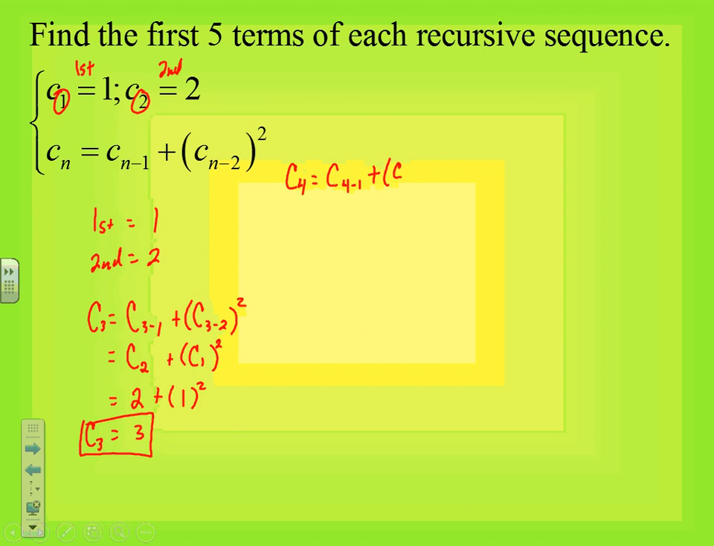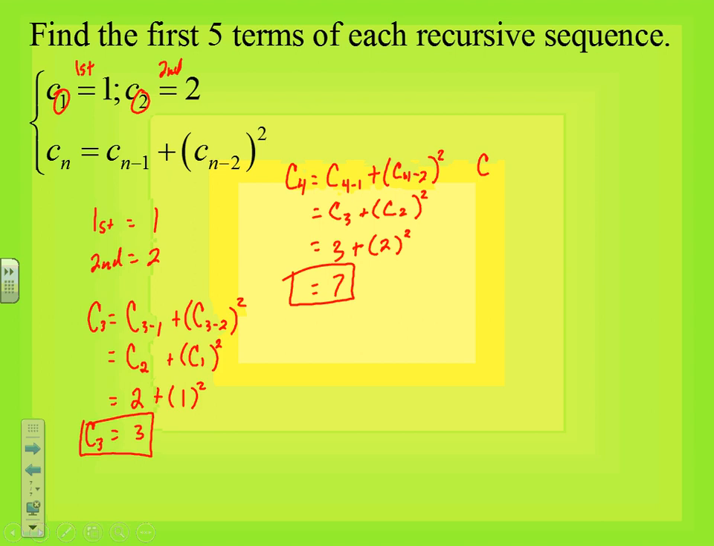So here we're going to say, again, 4 minus 2, and whatever that term is, squared. Well, this is the third term, and this, when I simplify it, is the second term. So the third term, well, we figured that already. That was a 3. The second term was given to us. That's a 2. So 3 plus 2 squared is 7. So here is the fourth term in the sequence, and we have one more to do,